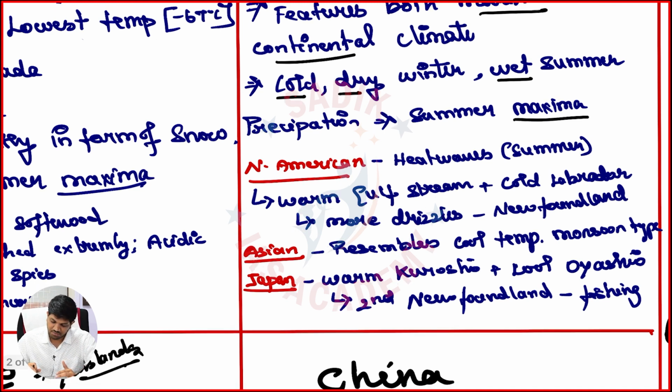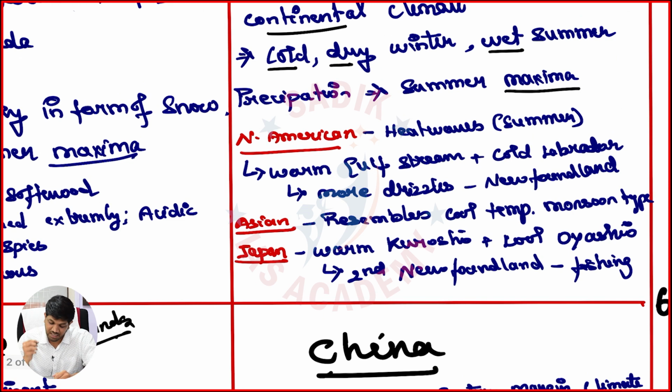And in Northern America they will be affected by the heat waves, and this area of the Northern American region comes under the influence of the ocean currents, which are the warm Gulf Stream and cold Labrador. Because of these ocean currents, there will be more drizzles in the area called Newfoundland, and this Newfoundland is famous for its fishing industry. Okay,